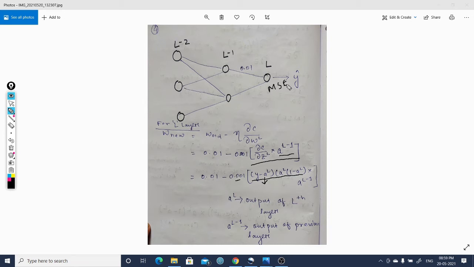So if you take MSE, the derivative of that particular loss function, multiply it with the derivative of the activation function, whatever activation function we have taken in this particular neuron. So we have to multiply that. After multiplying this, we get this, and this is nothing but the output from the previous layer. If we are updating this particular weight, we need to see what output is coming from this particular layer, so we need to multiply this as well. By calculating all these things, we can get our new weight.